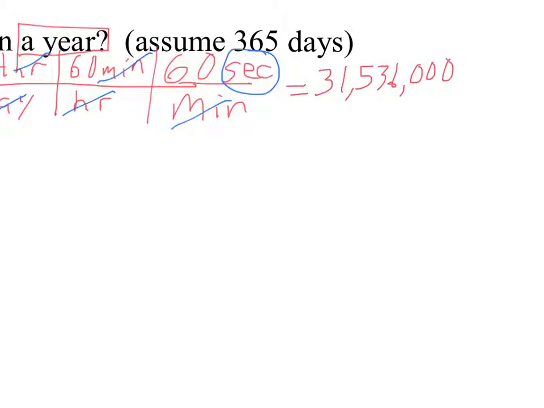Because this is a really big number, it's a great place to use scientific notation. So I need to take the decimal point and get it to this spot. So I need to move it 1, 2, 3, hang on, 1, 2, 3, 4, 5, 6, 7 places to the left. So I'm going to have this number, 3.1536 times 10 to the 7th,